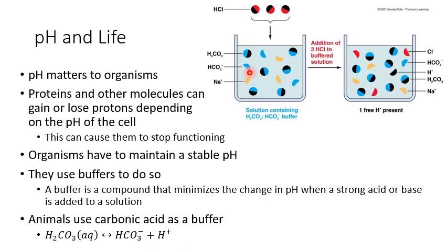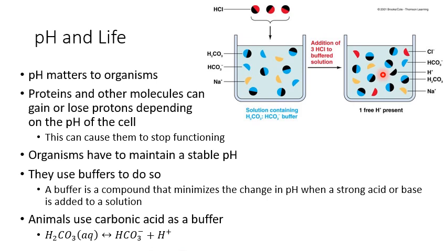Then you also have some sodium floating around, and you're going to add an HCl sample, or just some amount of this strong acid HCl. Here the red part is the chloride part of the HCl, and the black part is the proton. If you add this acid to the solution, normally it would break apart. You would end up with some red halves and some black halves, which would be the free protons in the solution. But actually you only get a tiny amount of free protons in the solution when